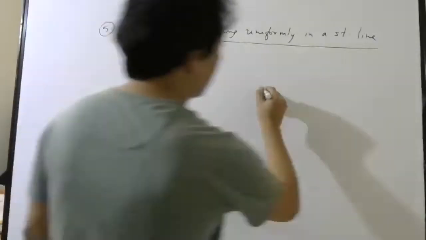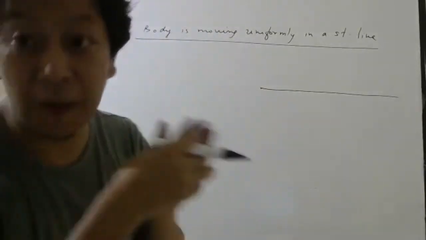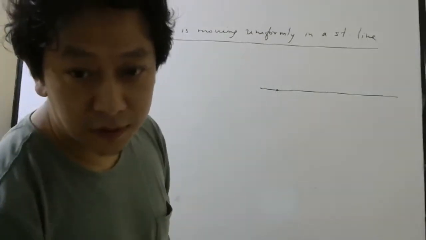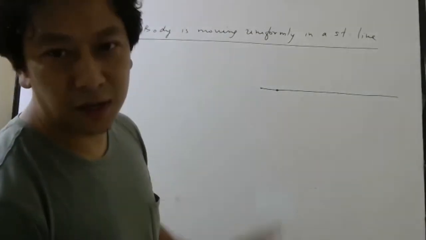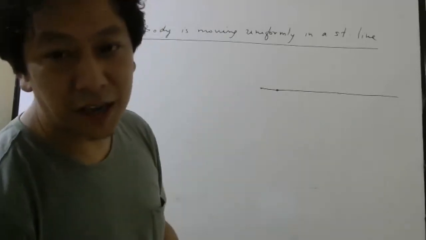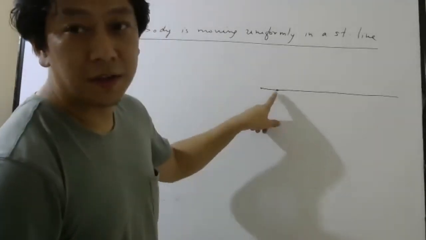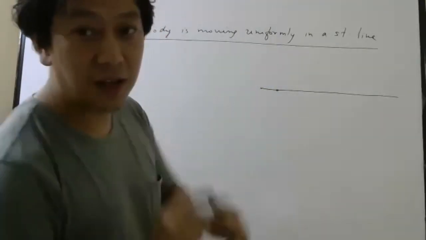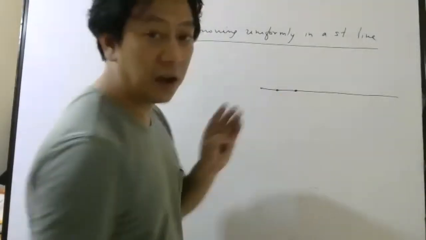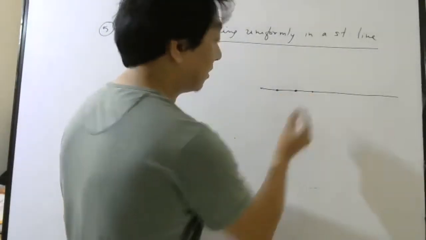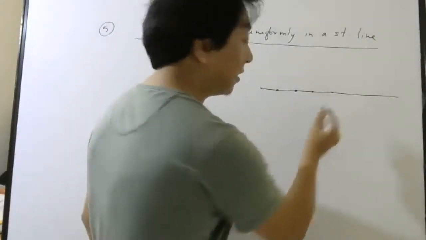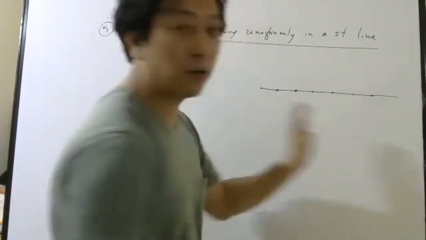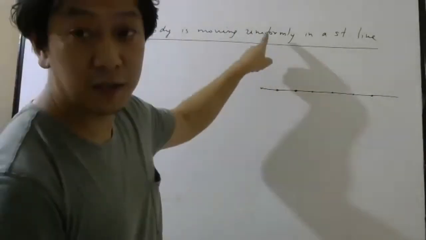Uniformly means if I draw the path, it will look like this. First we will do this one, just you have to change the direction for the negative case. That's it. Now look here. If I try to show you the path, how it will look if it is uniform motion. After 1 second, if it is here, after the next 1 second, it will be exactly here. Next 1 second, exactly here. Next 1 second, it will be here. So this is how the motion will look if it is uniformly moving.